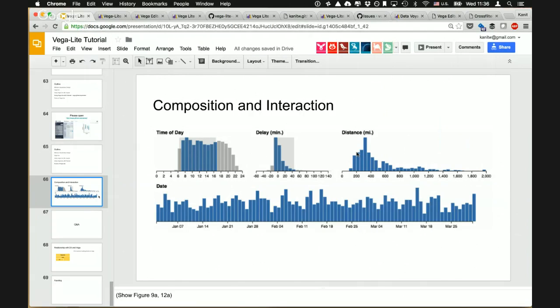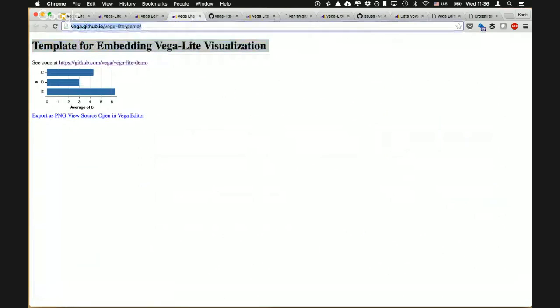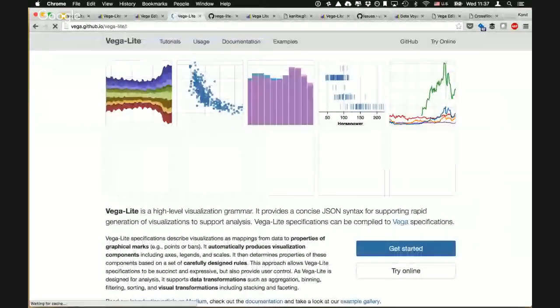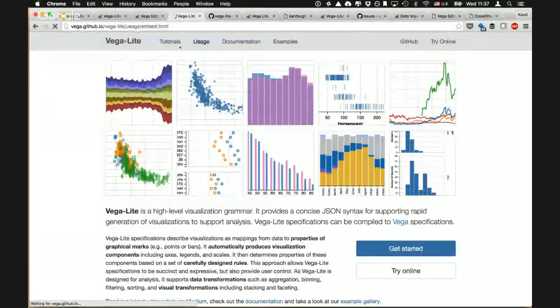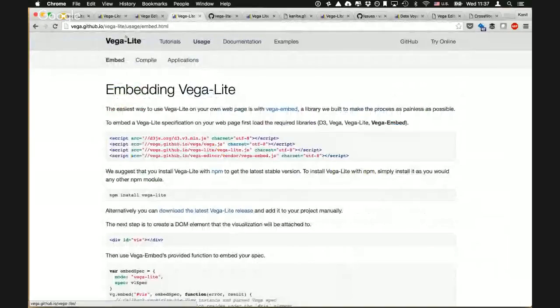All of these are, by the way, on the website. The Vega-Lite website. Can you go to the Vega-Lite website? No, Vega-Lite. Well, on the usage. Oh, I see. Usage, yeah. So on the Vega-Lite website, we have the tutorials, but also here a list of applications